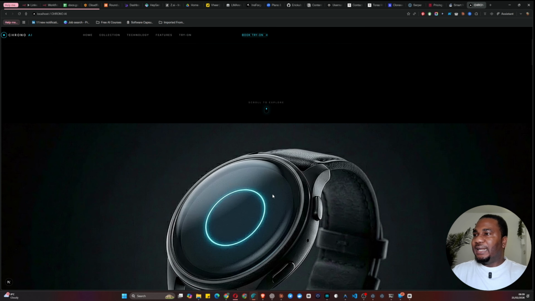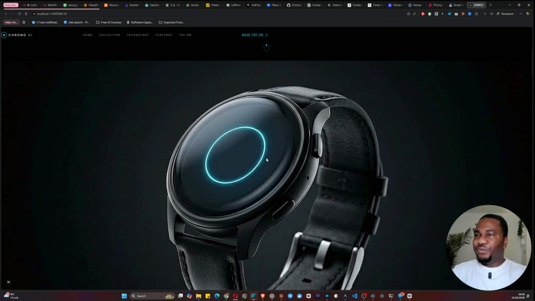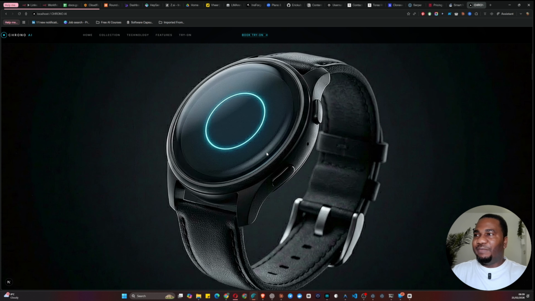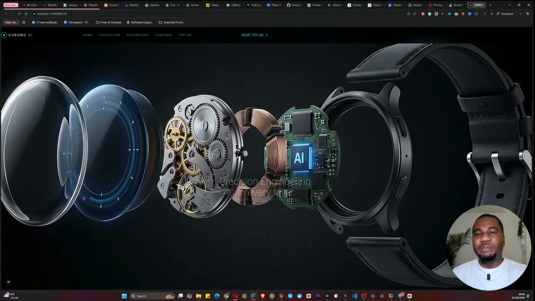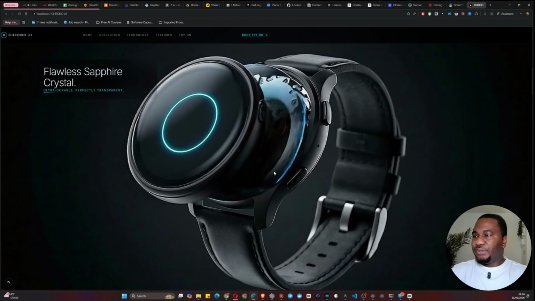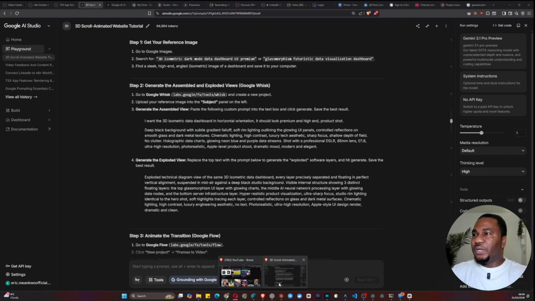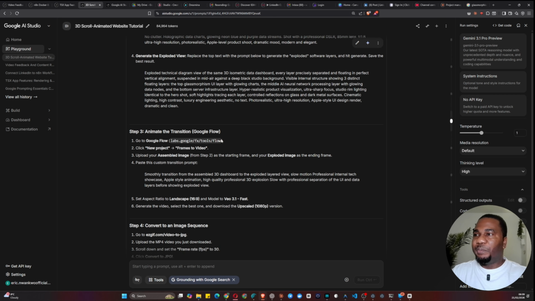So basically, this is the assembled view of this wristwatch. And if I scroll down, you'll see this is the exploded view of this wristwatch. So you need both assets to be able to create the video you use for this. Now, once it gave me the prompt for me to start creating this asset,